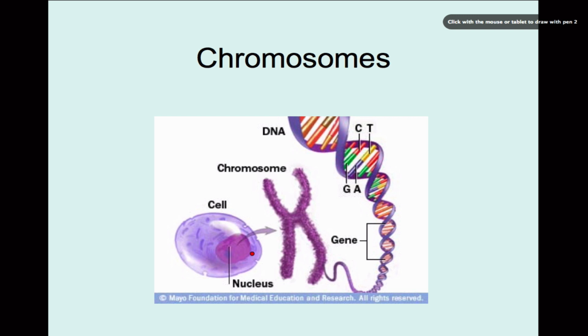And the nucleus is an organelle in the cell, and it's the largest one. And inside the nucleus are the chromosomes. Different organisms have different numbers of chromosomes, but in humans, each cell has 46 chromosomes. All right, so on this chromosome right here, there are genes or DNA. So a gene is a segment of DNA that codes for particular traits. Okay, so on the chromosomes there can be hundreds of different genes. And then the gene is made up of the DNA.